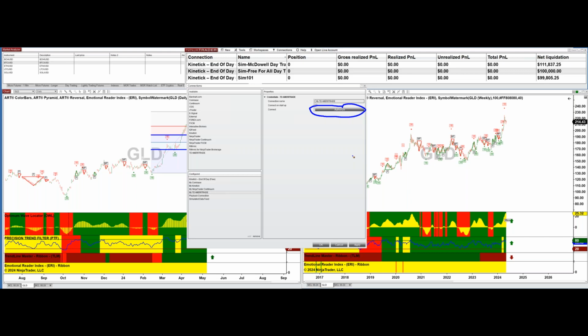And it will ask you, do you want to allow NinjaTrader to use it? And then you say yes. And then it will ask you for your username and password and all that kind of stuff. And then once you're connected or allowing it to be connected, then you can connect on startup right here, and